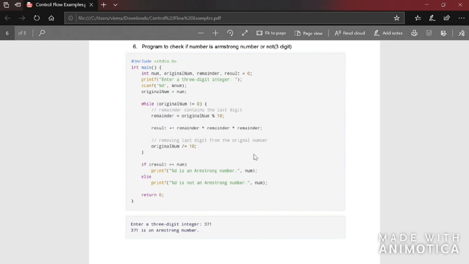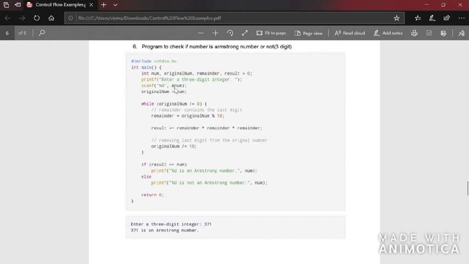Now let's see how to solve this using code written in C. First there is given num, original num, remainder, result equal to 0. Then this is printed on the screen: Enter a 3-digit number, and then using the scanf function, you're accepting the value and storing it in the variable num.